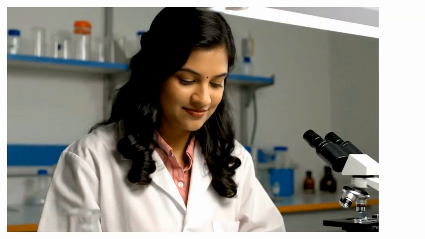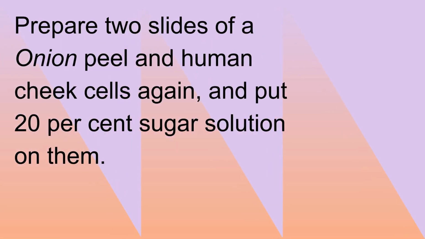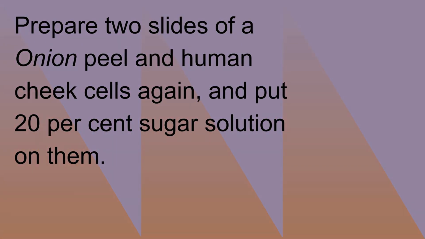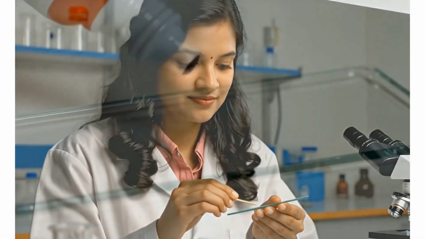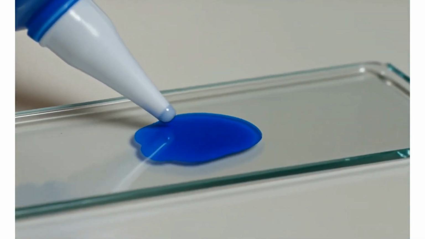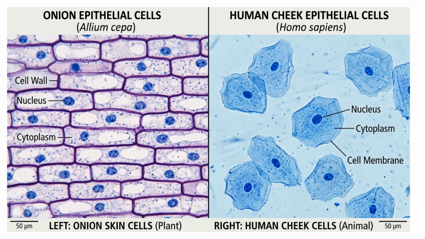Start by peeling a thin layer of onion skin. Place it on a slide and add a drop of safranin to reveal its remarkably organized structure. Next, gently scrape the inner lining of your cheek. Spread the cells on a slide and add methylene blue to bring these transparent animal cells in. Under the lens, onion cells look like organized bricks with rigid walls, while cheek cells appear irregular and loosely arranged,